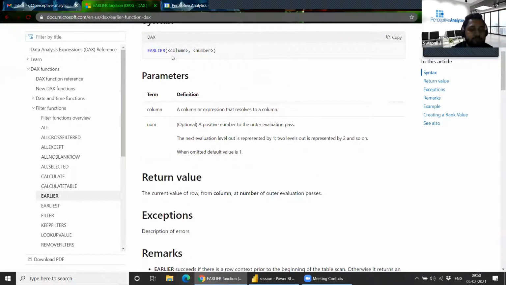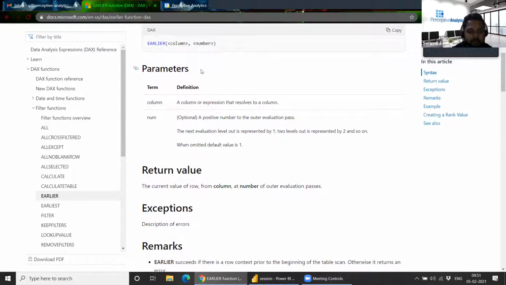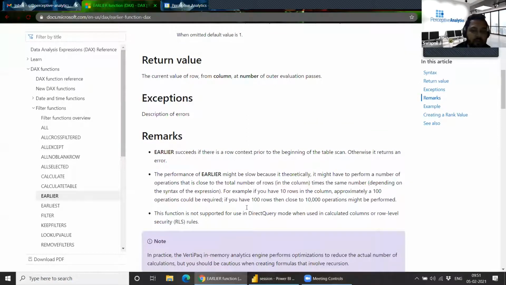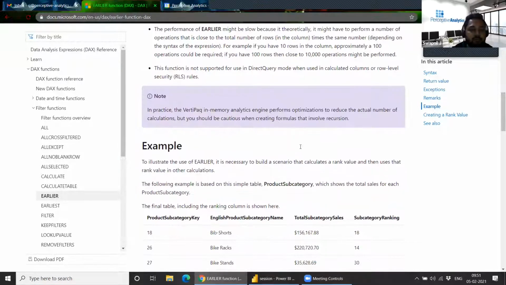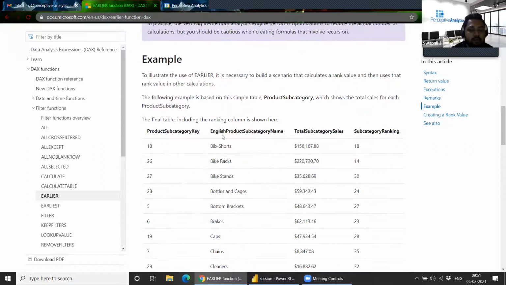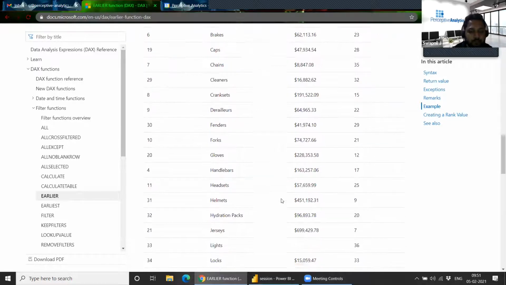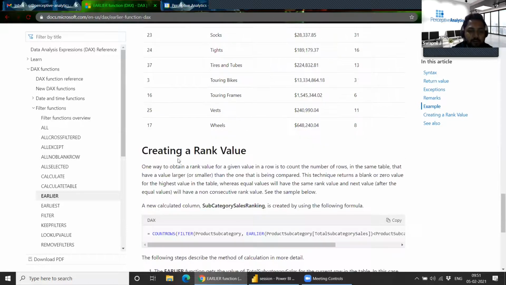What it does is find the previous record of the current record based on any criteria you gave, and then it can give you the number. So this function is useful when you have to give the ranking. You can use this function to rank the category name based on the sales of that category, and it will generate the ranking for it. So this function works like that.